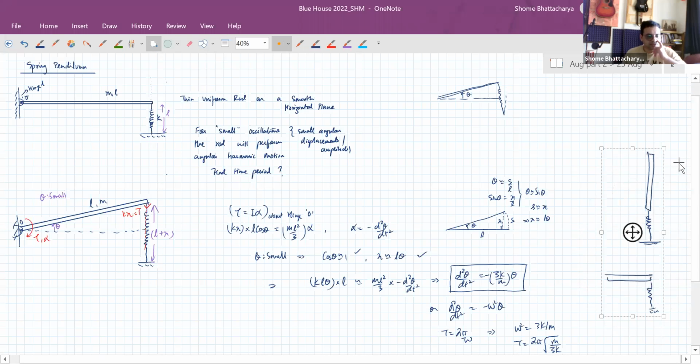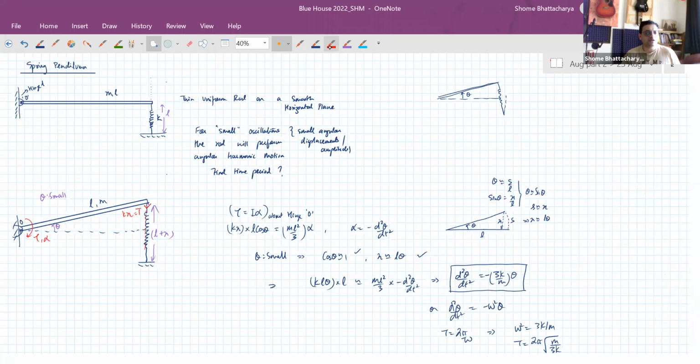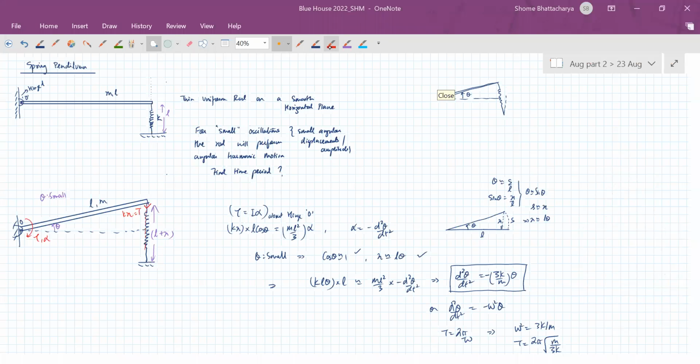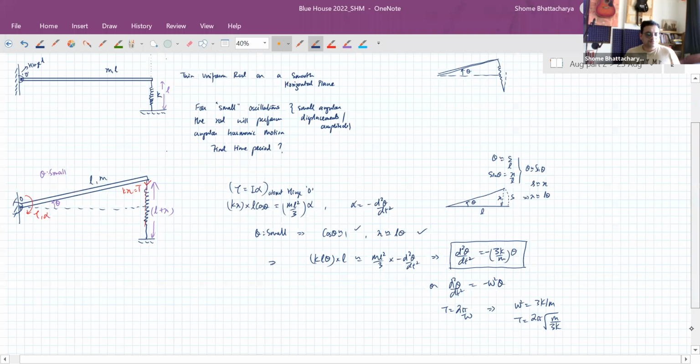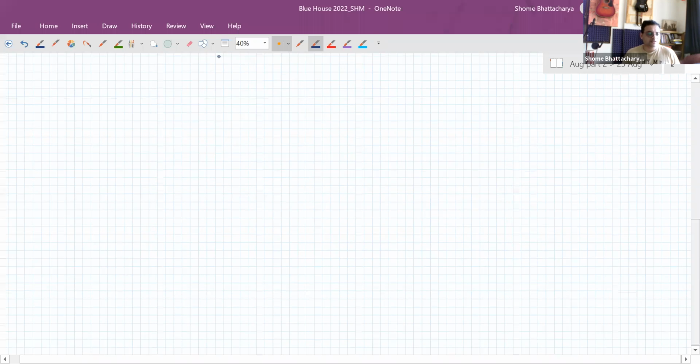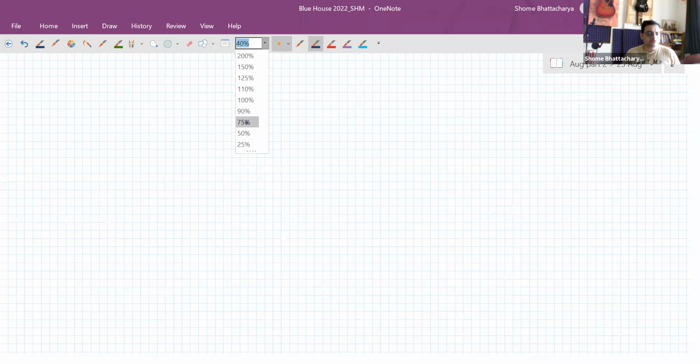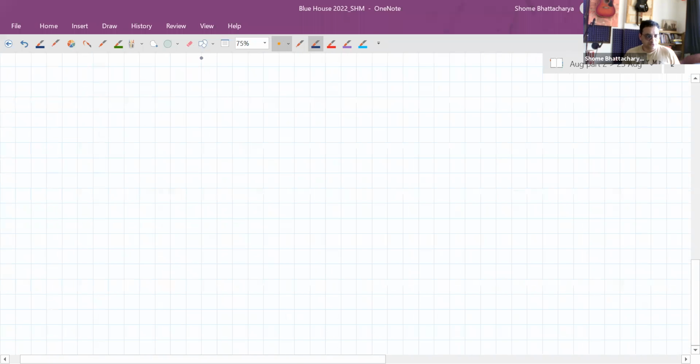So in any case, here we are discussing a specific situation which is called the spring pendulum. Any pendulum will always be an angular harmonic motion with a fixed axis. So it has to be that situation. By definition, a pendulum has to be that way. Okay, now any sort of variation of this can come into play. For example, you have a very simple variation of this where you have a